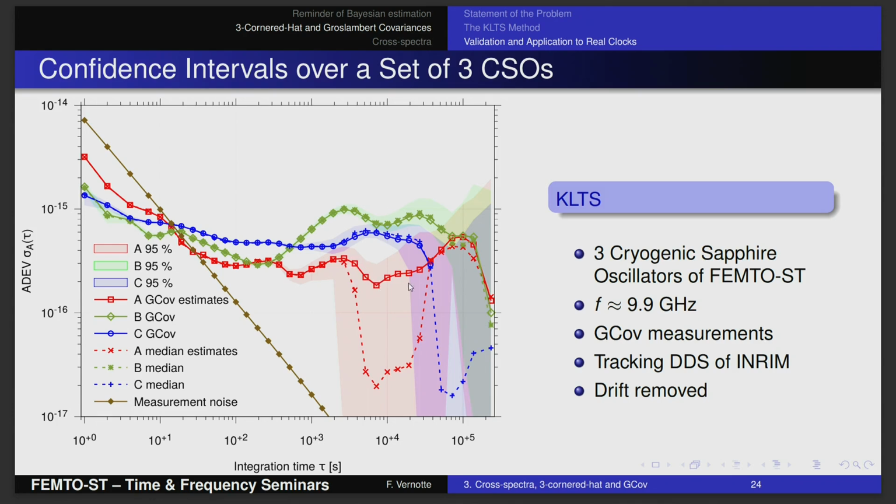You see that, for instance, this one is the best clock, and when you look at the best clock, its stability is difficult to assess, because you try to assess the stability of a good clock with two other clocks which are not so good. So you have a very good assessment of the stability of this one, which is not so good, but it's difficult to get this one, particularly if you have a large value of tau, because it means that you have very small EDF, and you see that here it's not possible to know where